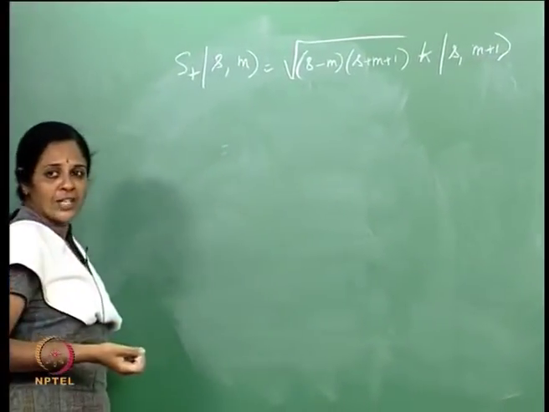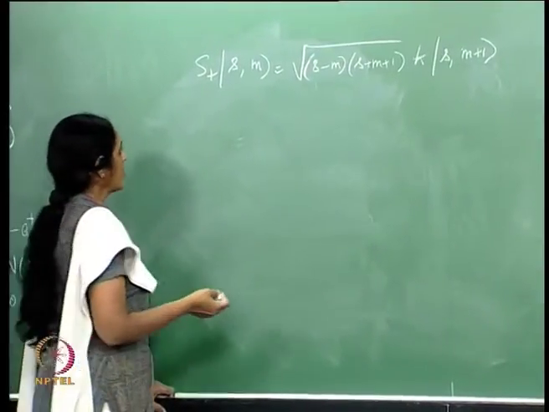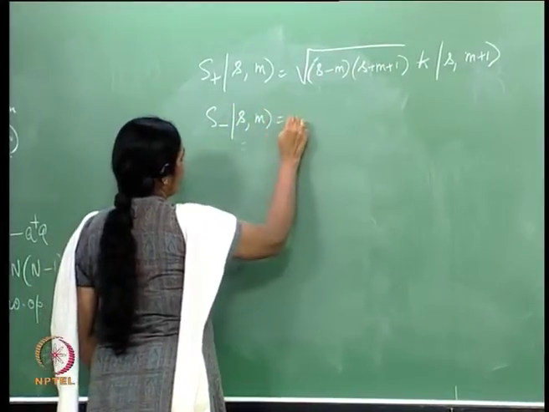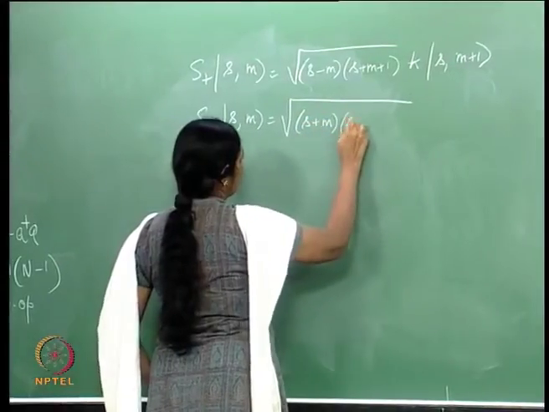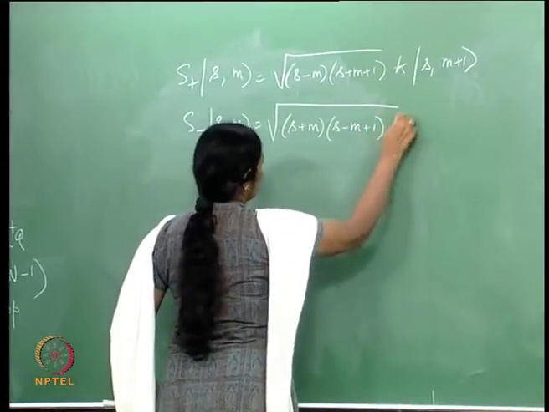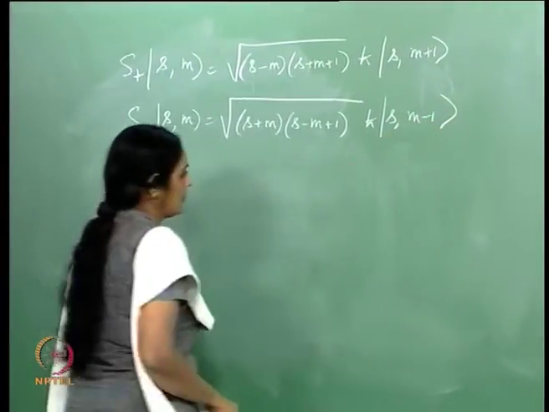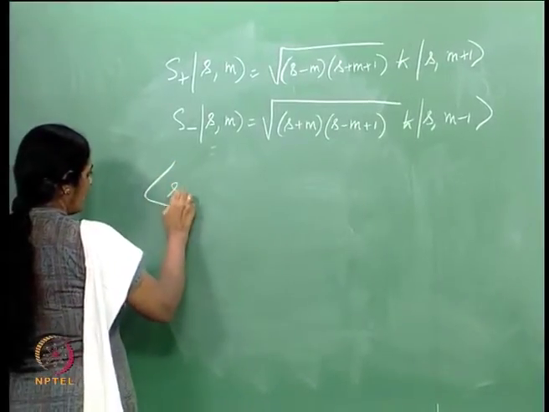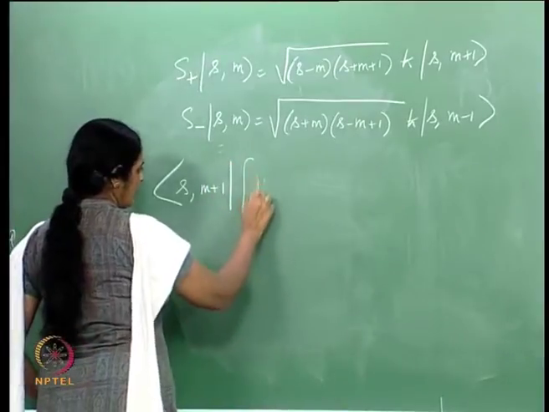m itself takes 2S plus 1 values, ranging from minus S to plus S in steps of 1. Similarly, S minus on |S, m⟩ gives me the following. I use this. In my problem, therefore, I started with this object,